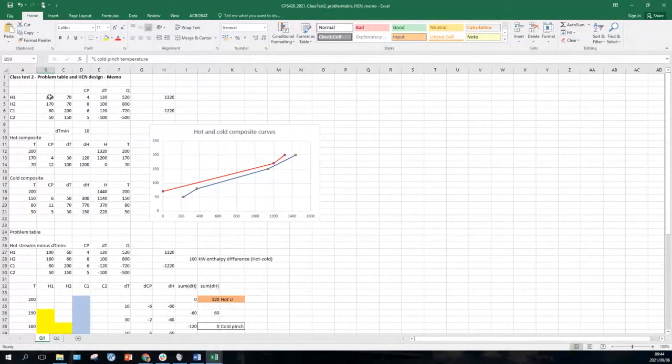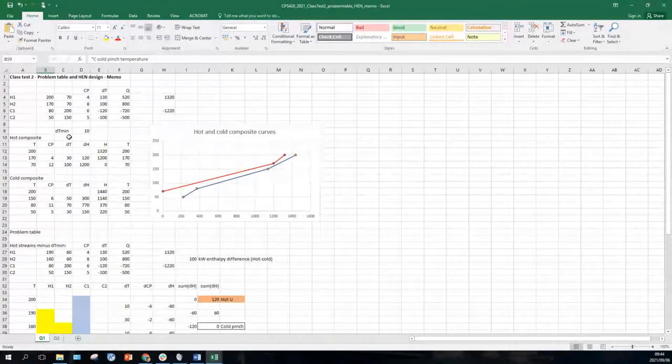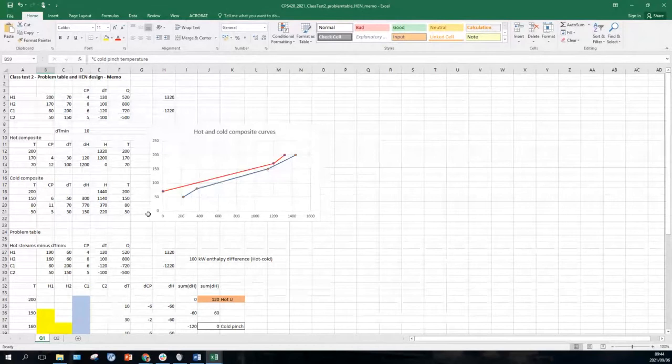Okay, so for the problem table, I've shown how to do the hot composite curve up here. But that's just so that I could illustrate the hot and cold composite curves of the problem. Now I'm going to take